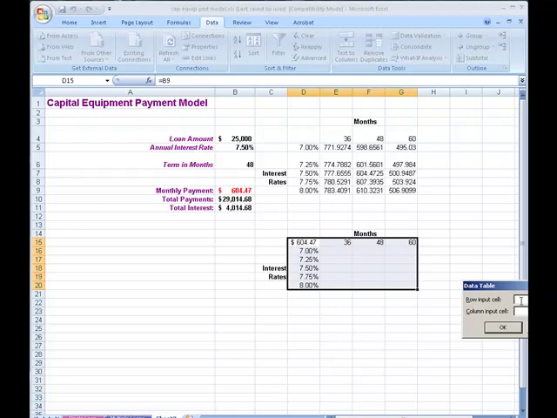The row input cell is the cell that is represented in the row of the table, in this case the months. So you've got 36, 48, and 60 months. They are in the row, and those cells are connected to this. So the row input cell would be